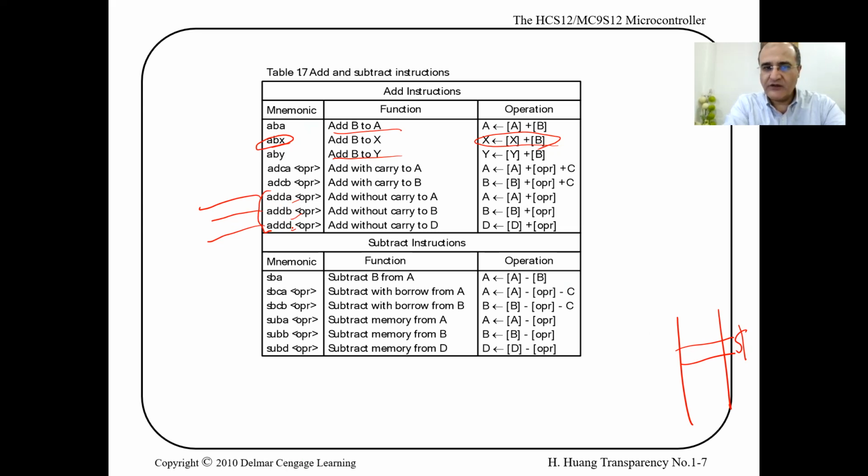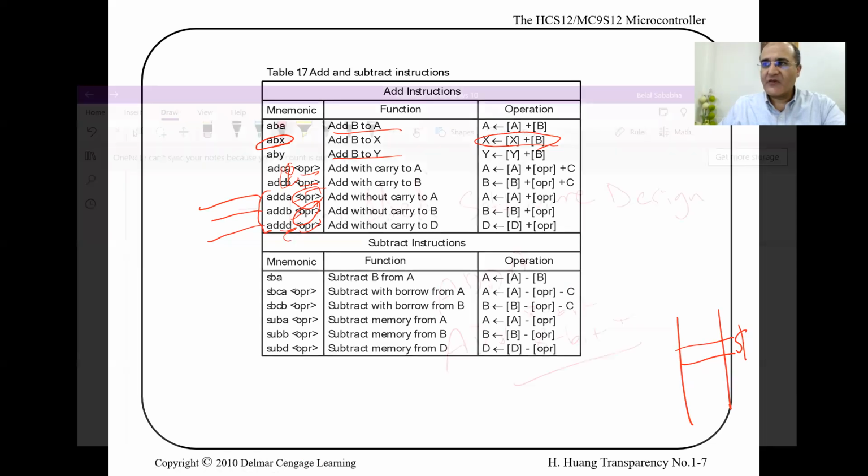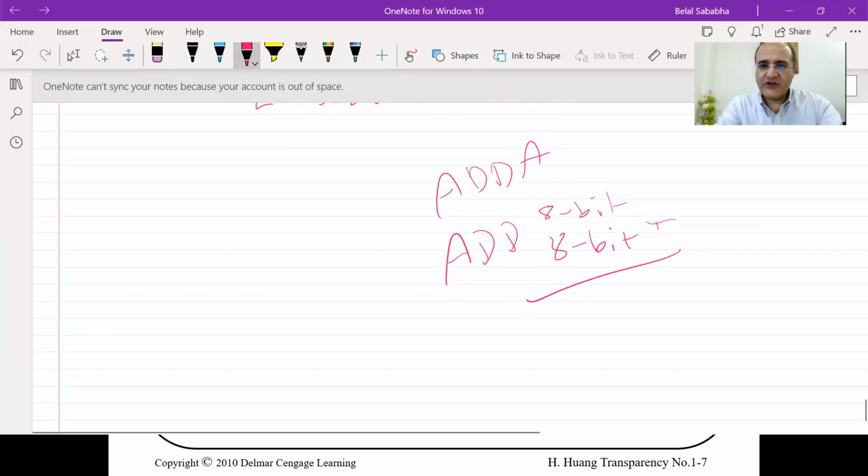Okay, A, B, and D. Now, you can add them to an operand, a memory location, and you can add to A and B the carry, okay, with a memory location. You cannot add with D the carry, which means if you are to add 8-bit numbers, 2 8-bit numbers, you